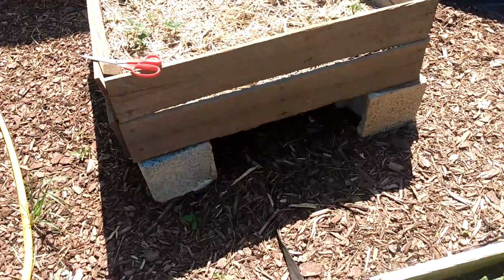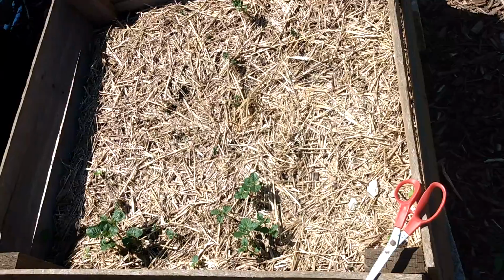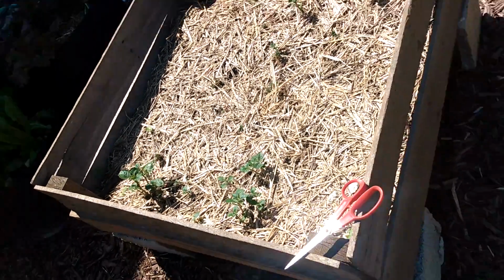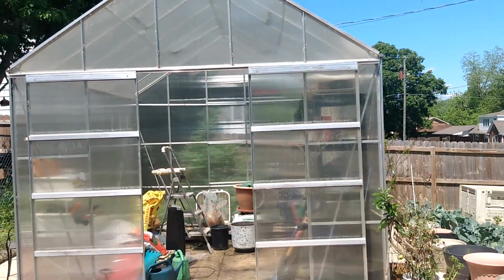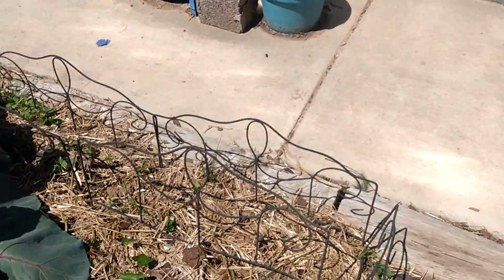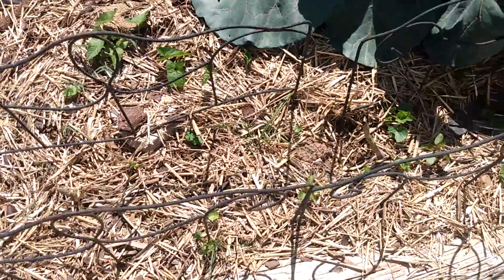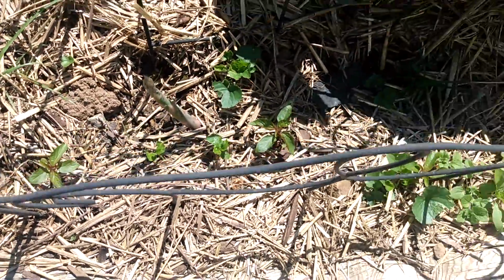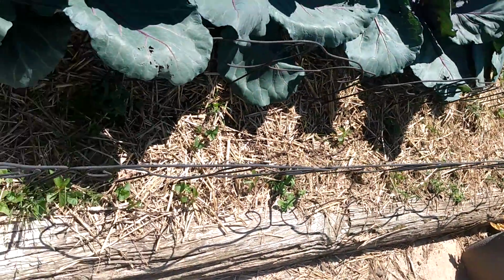spinach, and over here I've got potatoes growing in that raised box. And let's see, there's my greenhouse that needs to be cleaned out. And then let's see, down here, in this little row right here, I've got asparagus plants,